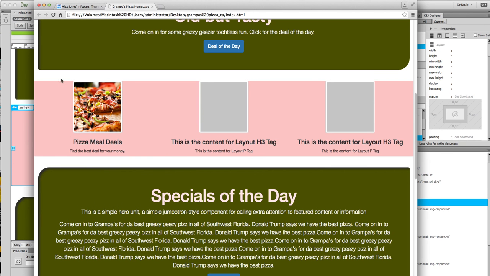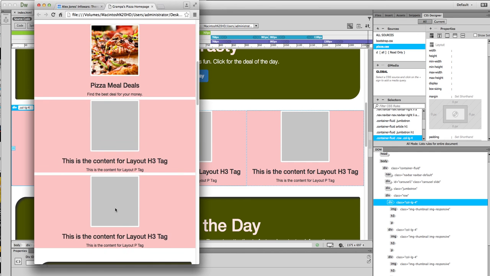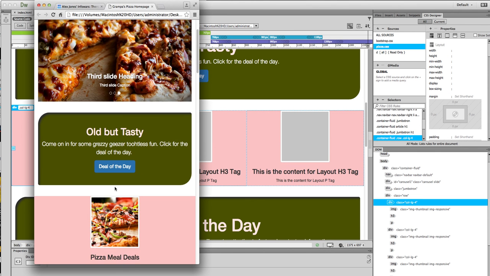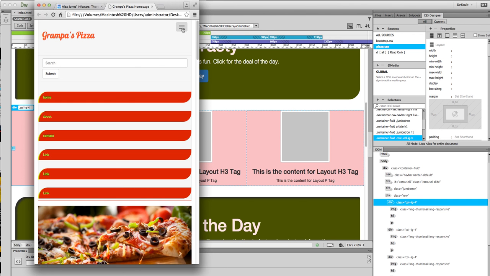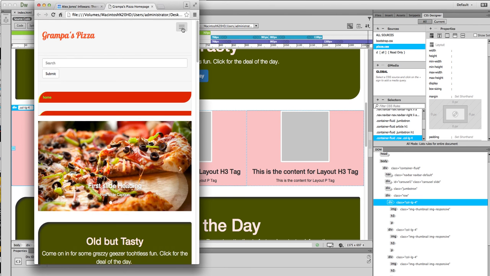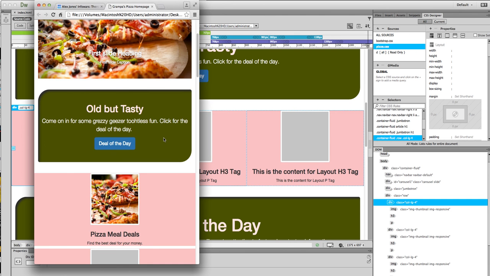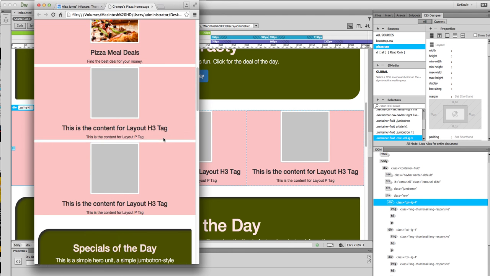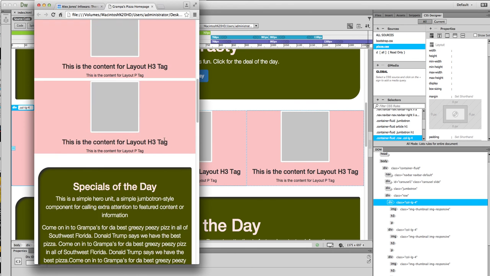What I could always do is also add some padding on these columns so it moves the columns down and moves the images down a little bit. When they resize, you can see how these work when we resize the web page. We have our little sandwich icon here for navigation. Sliders resized. Jumbotron resizes. Columns rearranged. All right, so it's looking